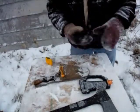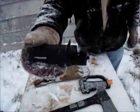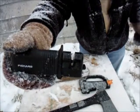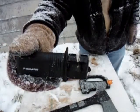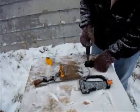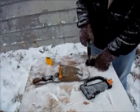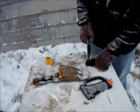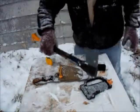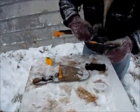This is a Fiskars brand sharpener. It's designed for sharpening their axes. Inside there's a little wheel with a groove in it, turned sideways. The slot runs 90 degrees to the handle, and that forces the blade against the stone that's in there. You get it in there, hold it parallel, and run it back and forth. Even with my pocket knife, I found that it will real quick put a nice keen edge on there. On this axe, it's plenty of tool to resharpen it and get your edge back